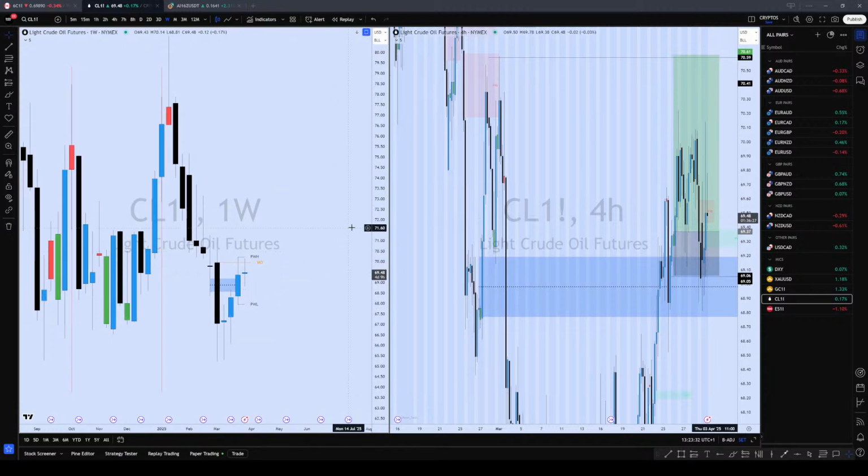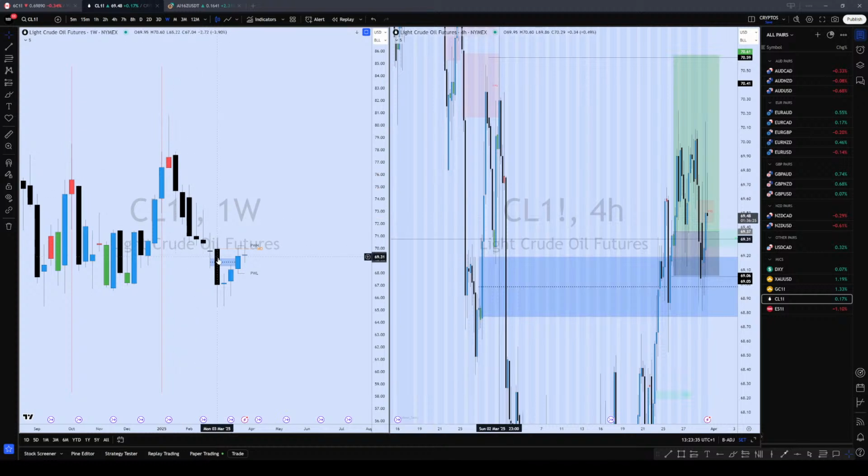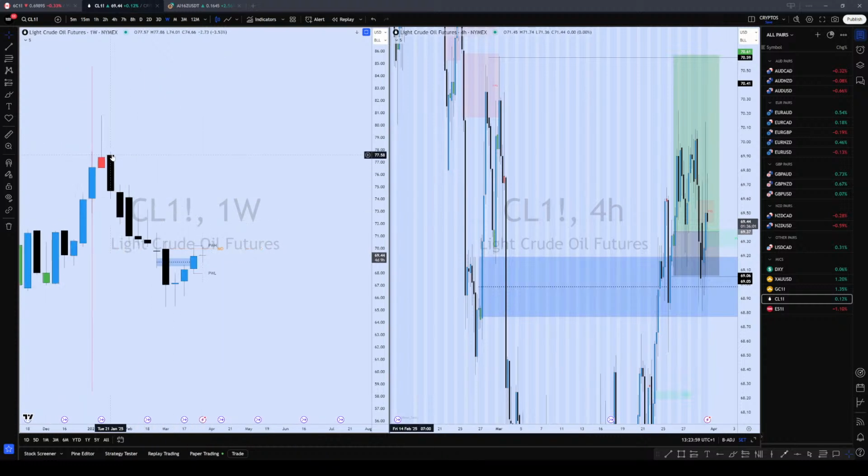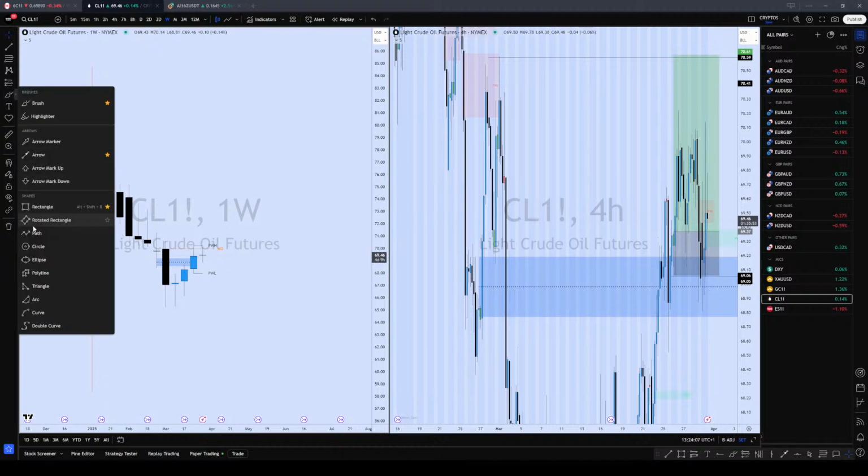So I've not seen, or I've not experienced this since I started trading crude oil. I've not experienced it before. So it's kind of new to me, where we have the whole 3 months go down for the first 3 months. It's kind of unique. So going forward, I have to just read it based on what is happening. Now, this week, or even today, when today closes, we're going to have